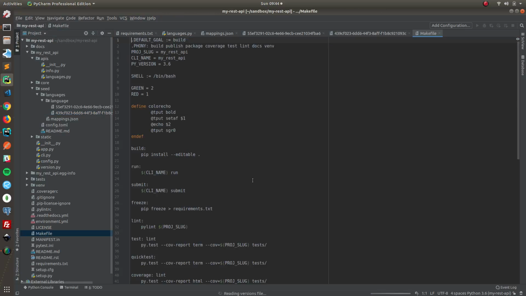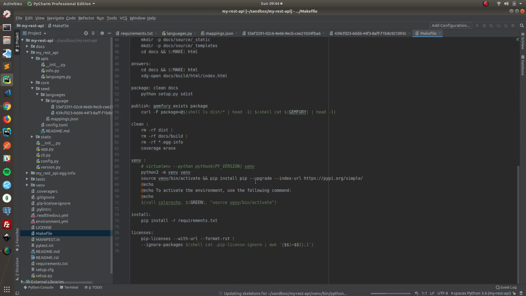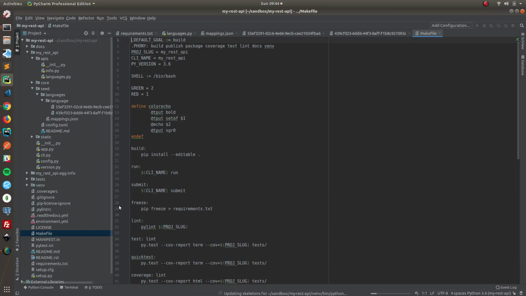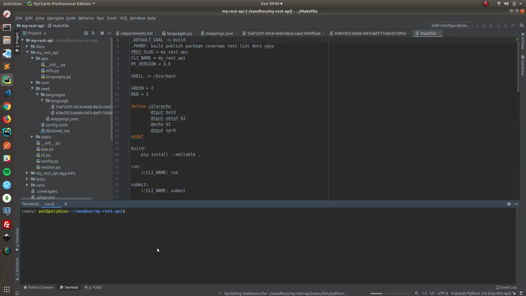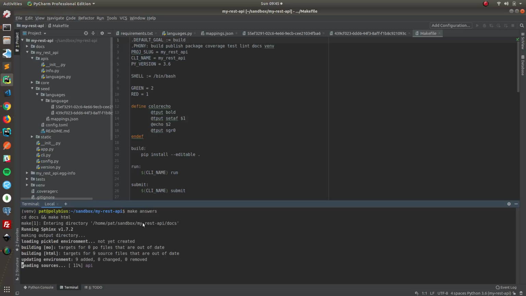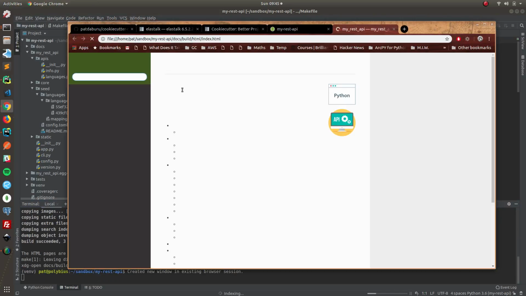This project also includes a makefile that we can use to do a couple of interesting things. We can run the unit tests automatically. We can publish the package through the makefile. When I started talking, one of the things we were discussing was the Sphinx documentation. Again, this is early days for this project. I think we might have some rough edges like a Sphinx warning as we go along, but if I come in here and type make docs, it should go through the documentation build process